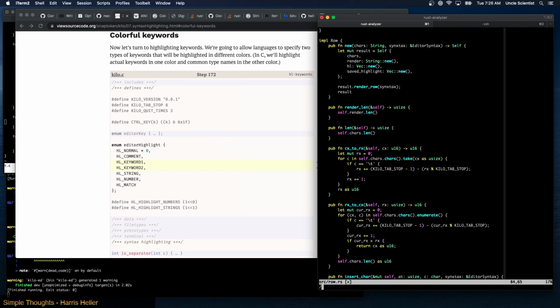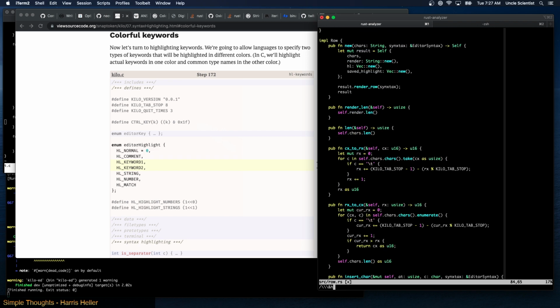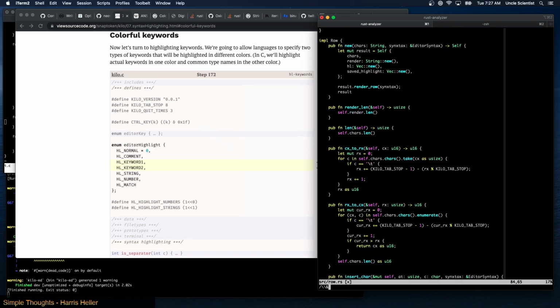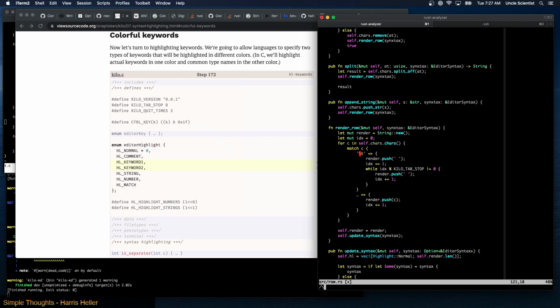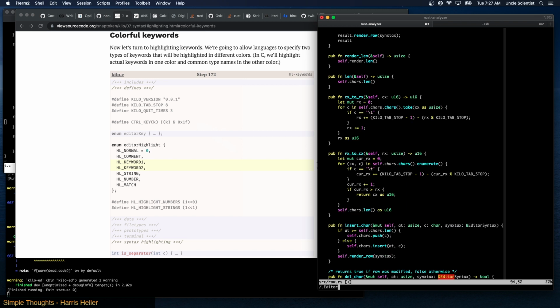Why isn't it letting me do the ampersand? Can't I search for an ampersand? No. If I do this, that's annoying. I can't search for an... oh, I can do this though. I can say search for dot editor syntax. There we go. Now the cursor goes to the right spot, and I can just change this to option